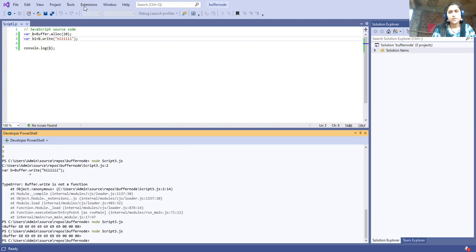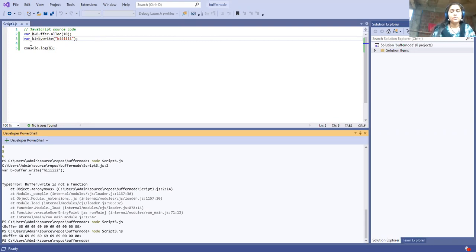So here, now see, we have learned the length function, the write function, the toString function for converting to string, and the alloc function for allocating. Now let us use the compare function. So how to use it for comparing two buffers? One buffer I have created with this same syntax.